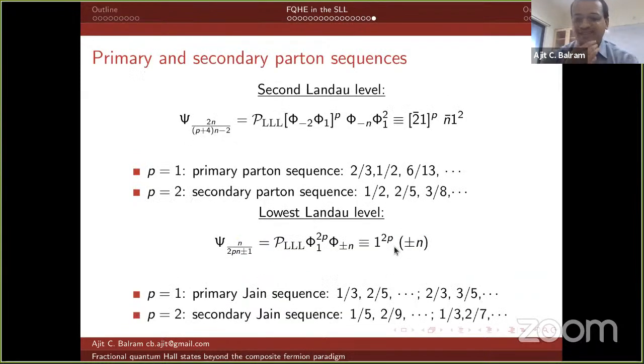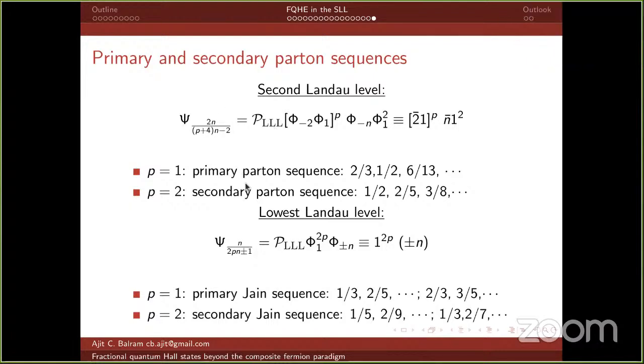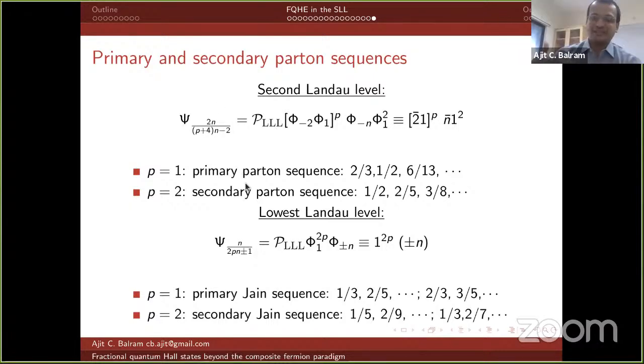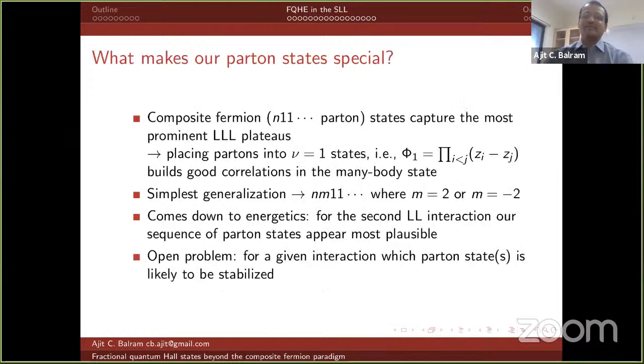Okay, you can also place these 2 sequences in the form of a primary and secondary sequence. So both these sequences of states can be unified into a particular sequence. Just like in the Jain states, you have a primary Jain sequence and a secondary Jain sequence, you can put these 2 states together. Okay, so let me just end with saying,